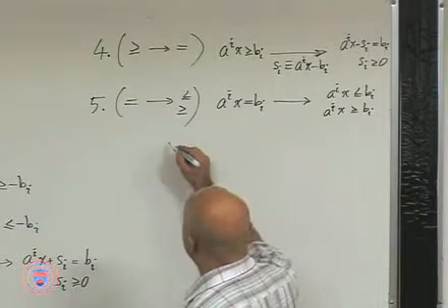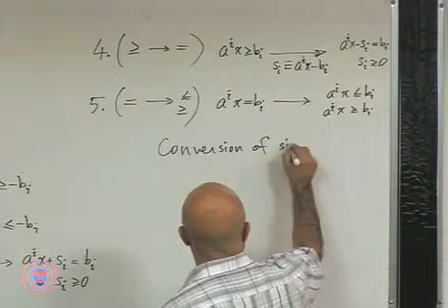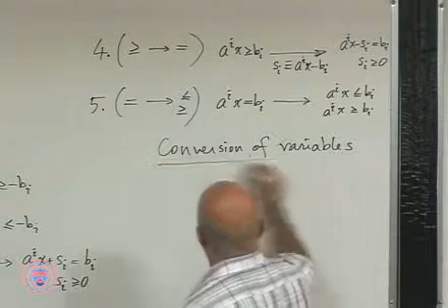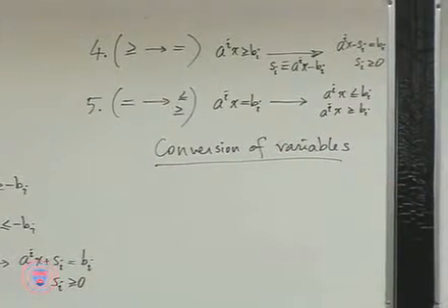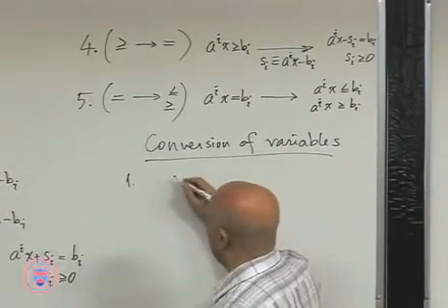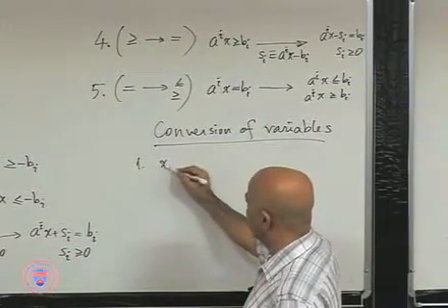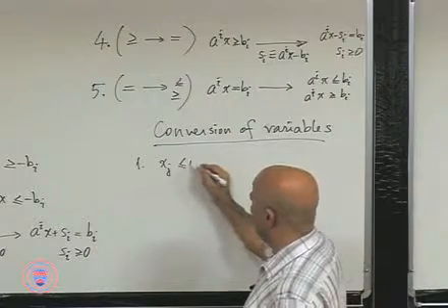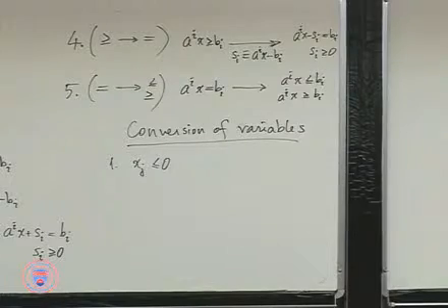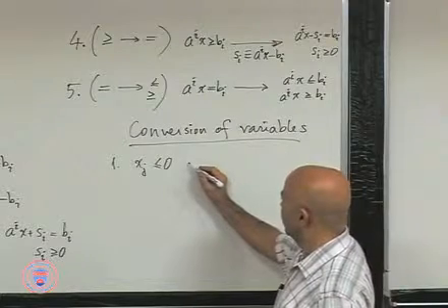Let's also talk about conversion of variables, conversion from one type of sign restriction to another type of sign restriction. In this case, of course, I'm just going to deal with common cases. If you have a variable, say xj, which is supposed to be non-positive rather than non-negative, and you typically want your variables to be non-negative in most cases. So to handle this, all you have to do is